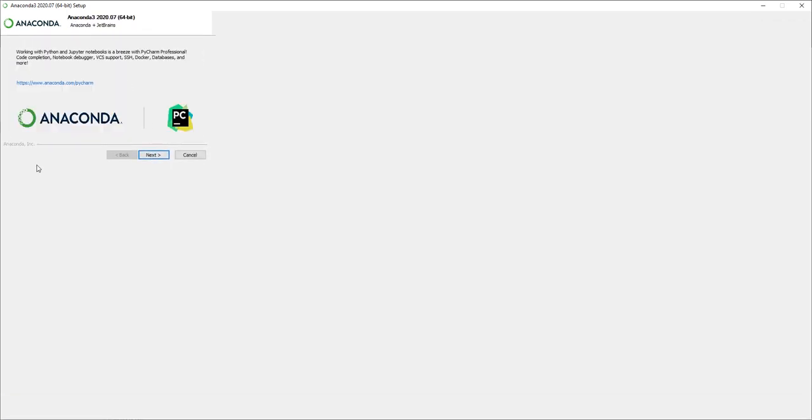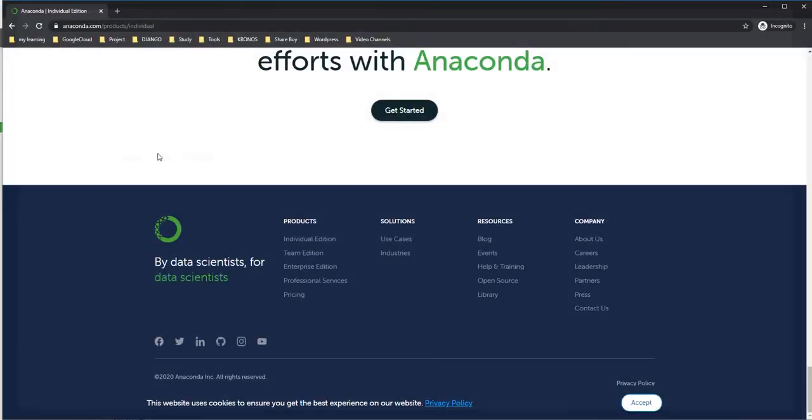Okay guys, so you can see the installation has been completed successfully. When I click on next, it will just show this stuff. Click on next, and I don't need the tutorial, so I will just click on finish. It will take some time for the first start, and when this starts, we will begin with a bit of an interface introduction to Anaconda.